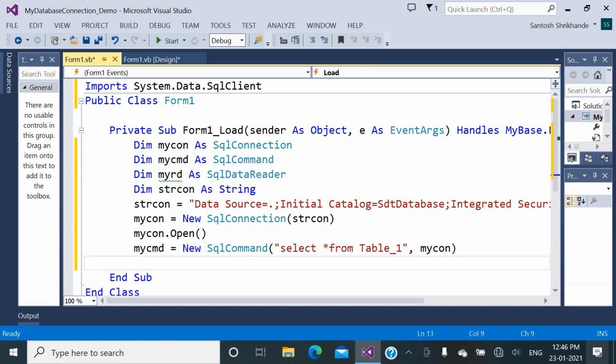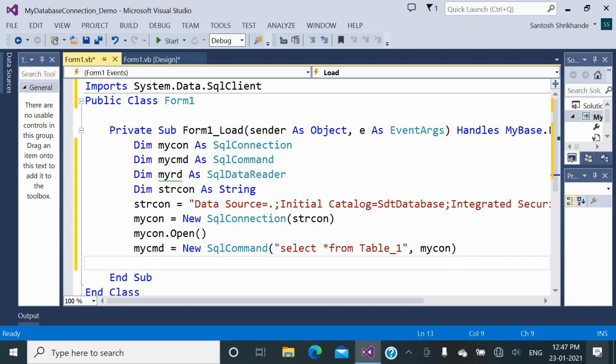So my CMD is initialized. Now, after executing the command on the database table underscore 1, we have to execute this command and fill the data reader with the records from this query output.